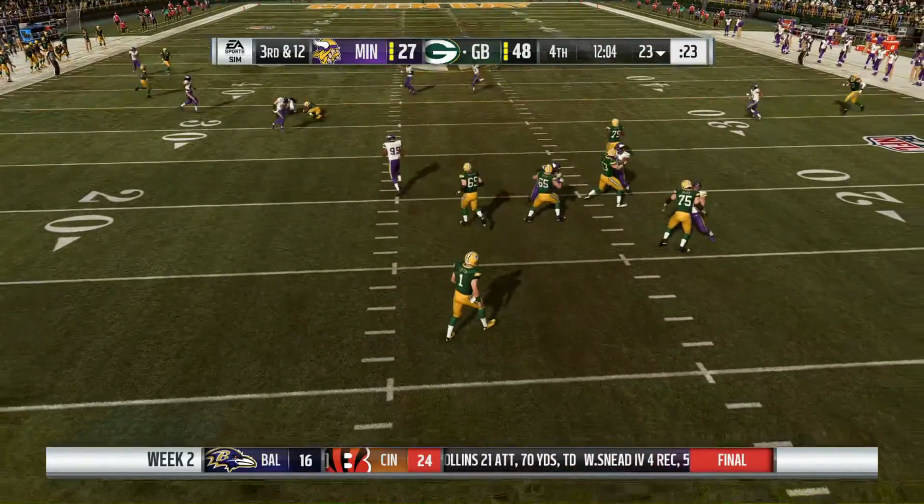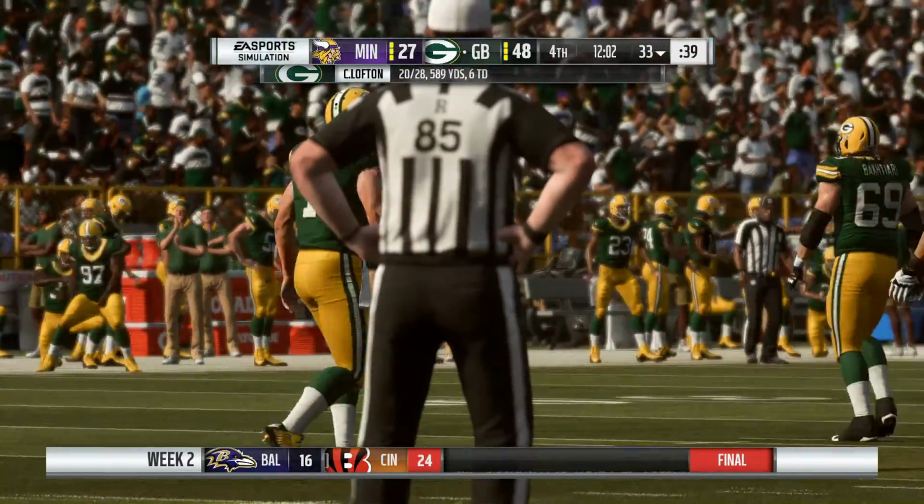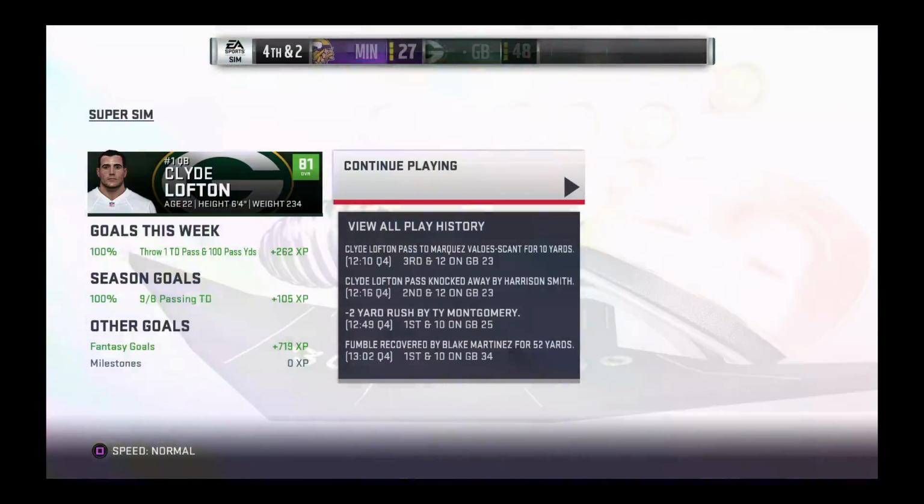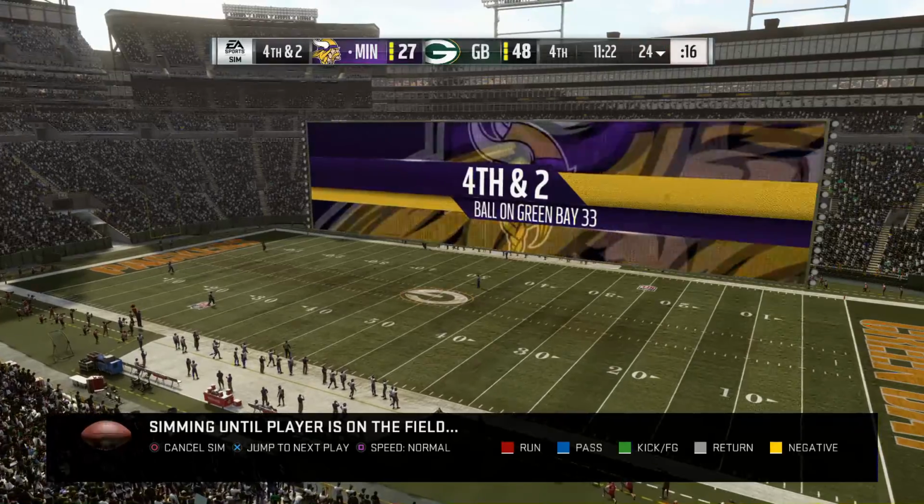He'll look to throw. And this time he's got the hook up. It's complete, and he'll get it up to the 33-yard line. And they'll get 10 there, but at least...